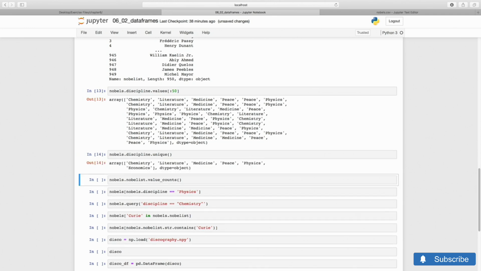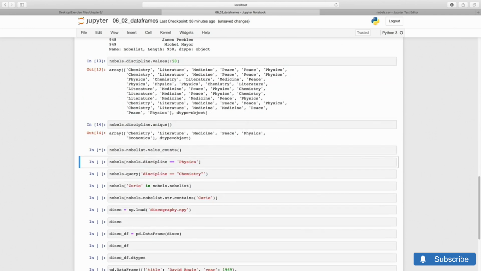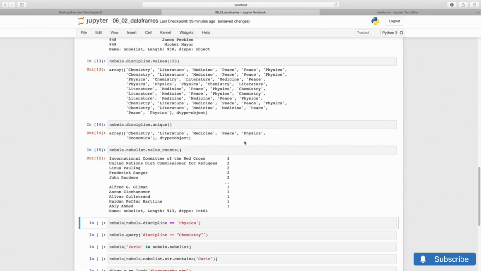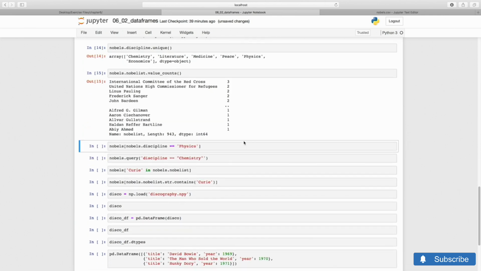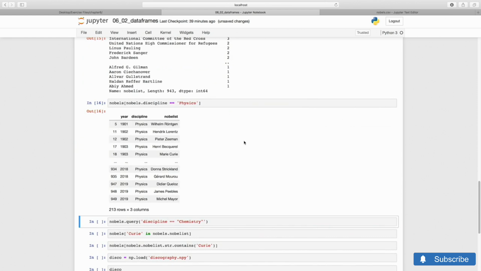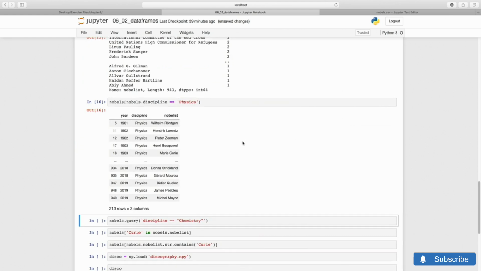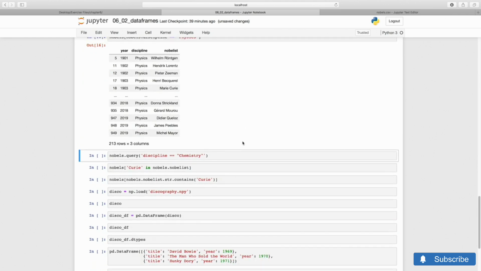Sometimes it's useful to get a list, or really a NumPy array, of all the unique values in a column. Other times, it's useful to have counts of the times each item appears. This accounting confirms that 3 scientists were awarded 2 prizes. To select records, we can use fancy indexing, building a Boolean expression that involves the columns. For instance, select the Nobels in physics. Or you can use the convenient and fast query interface, which takes a logical expression given as a string. We have to mind our quotes here, making sure that we use single quotes for the query and double quotes for any values inside it.